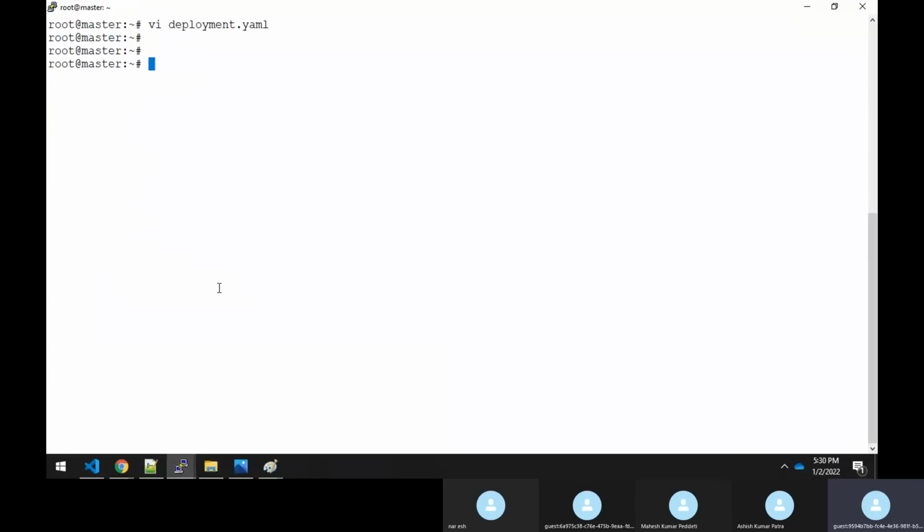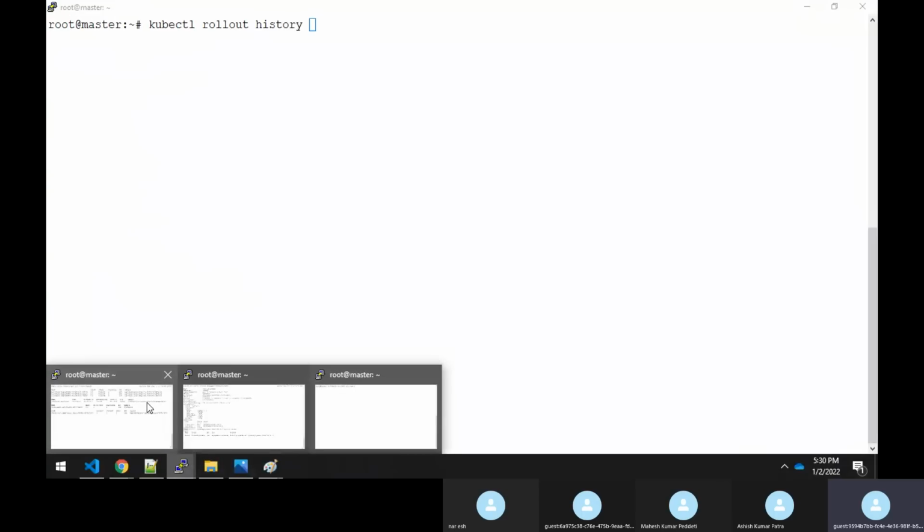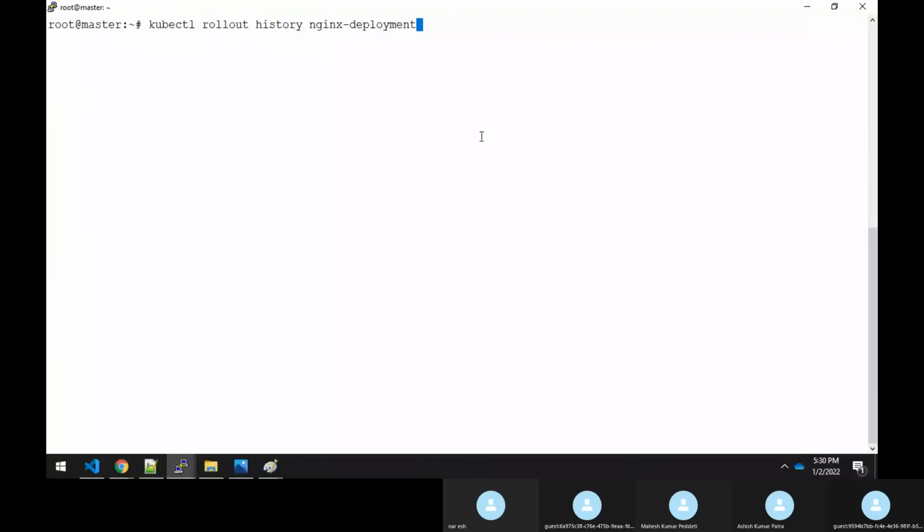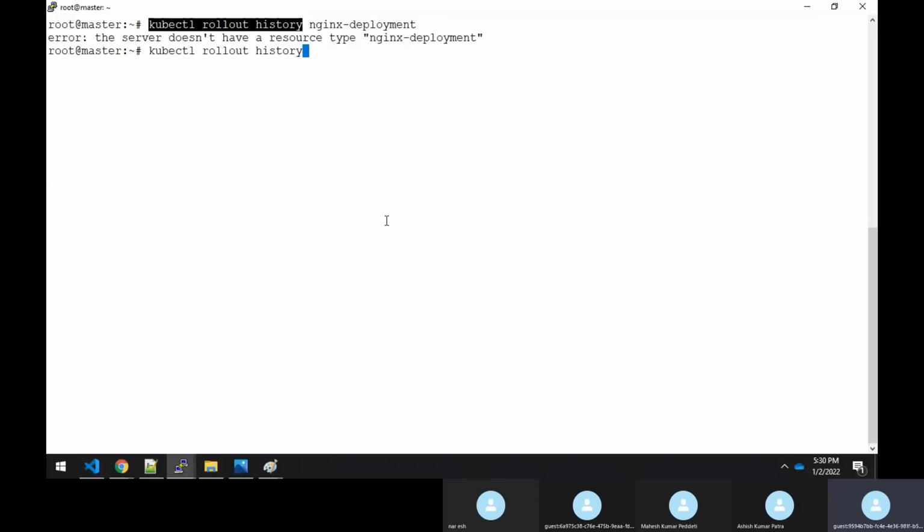After updating, there is one option in Kubernetes, kubectl rollout. You can even check the history of that, specifying this deployment. I think I have to give the complete deployment full name.